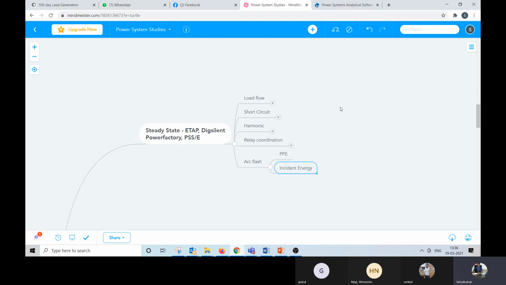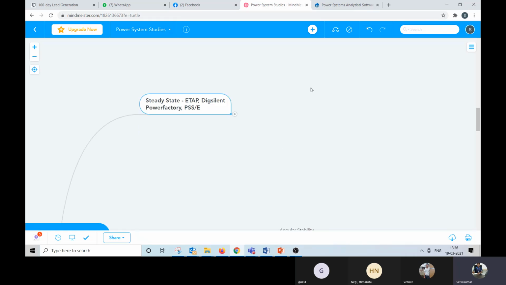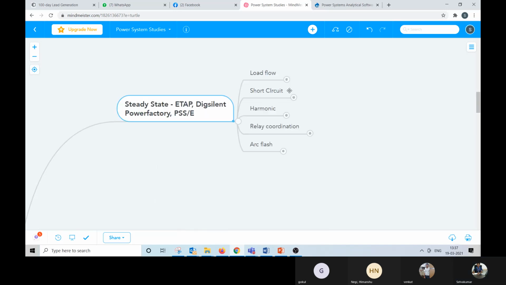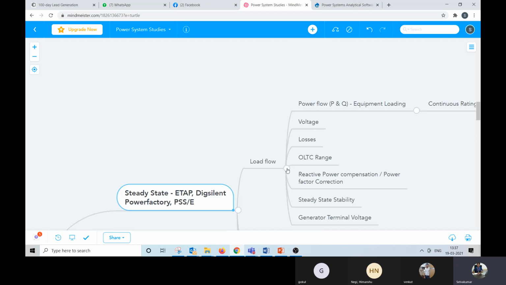When I say what are the different approaches, or what studies are needed for a different perspective, that we can look at a little later. But at least when we talk about power system studies, you have understood the steady state. There are plenty of software packages available, and what studies are part of this, and why we are performing each study, that might be clear for you. Any questions on this?